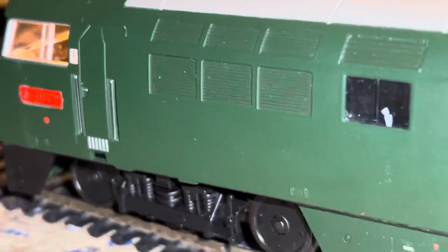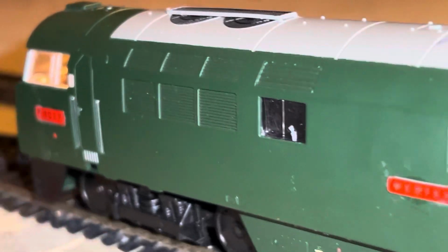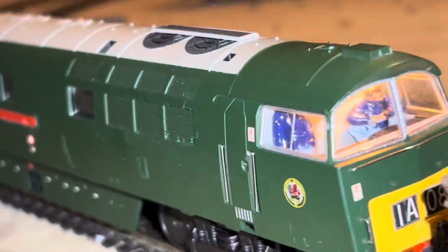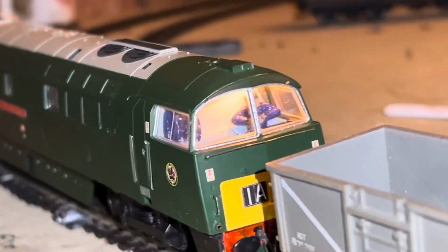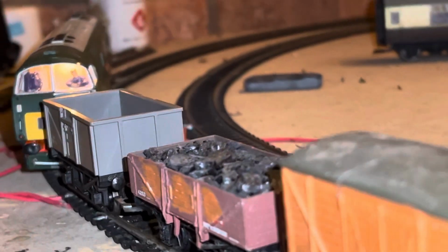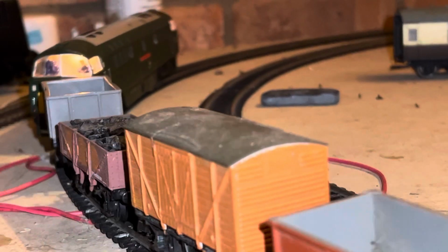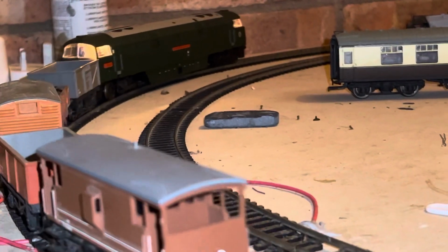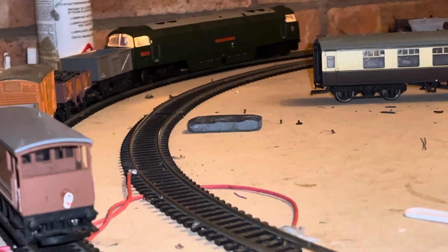It was great. You know, it wasn't moving, but it was great to see what they looked like on the inside. And D1015 Western Champion is certified for mainline use, you know. And I remember a really good run behind one of these. I think it's D1016 Western Gladiator back from Paignton to London. I'll never forget that, you know. She really flew along